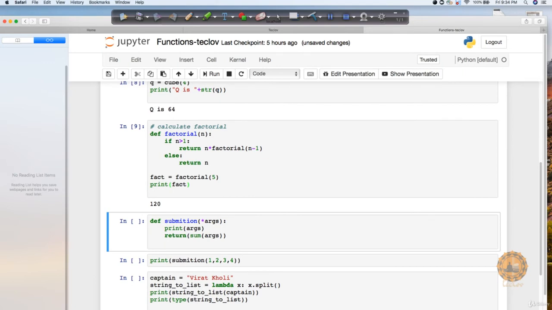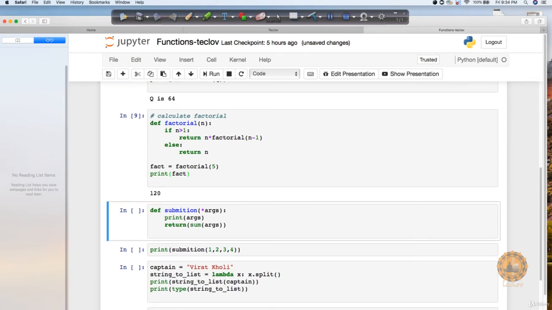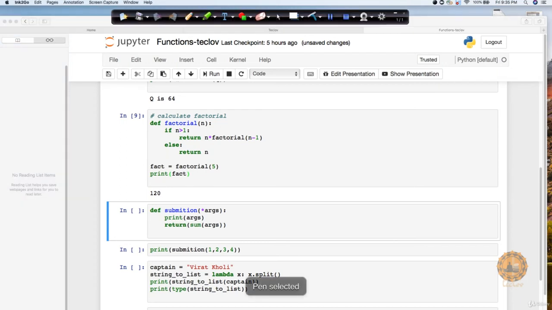You can just try with some more values as well. Let's say you don't know how many arguments you want to pass. Like in this case, I know that I want to pass one argument n, which can be 5, 4, whatever I want. But let's say I don't know how many arguments I want to pass. So one way to do it in Python is you can pass here *args. It means that I don't know how many arguments I want to keep. Now I'm just saying print of args, meaning whatever arguments are there, just print them.